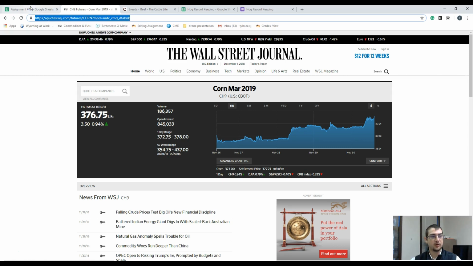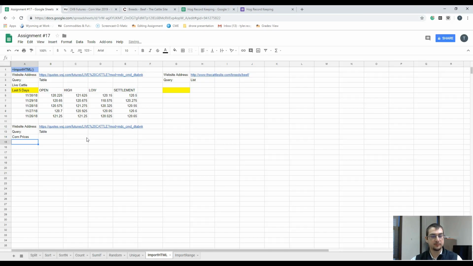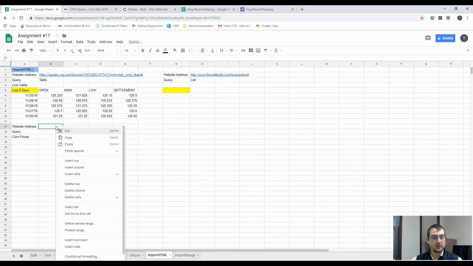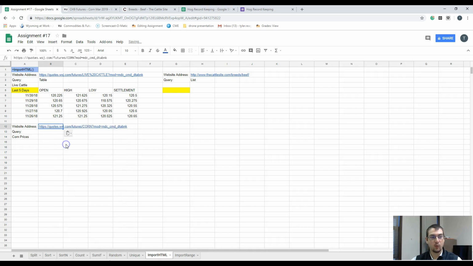I'm going to go back to our page that we're working on. And on this web address, I'm going to go ahead and delete that, and delete this table for now. I am going to right click and paste that web address that we just copied over. And I'm going to type in table right here. Now whenever I go to use this import HTML